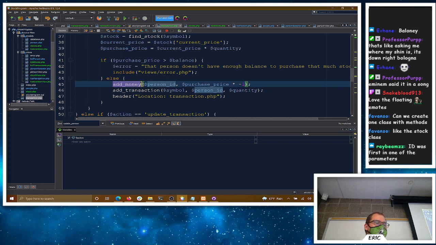Right, I think yeah, so we don't have that add money function anymore. We got rid of it, right? All we have is update person, right? So we're going to create the update the object and then call update and send the object back to the database. So a lot of this is sort of the idea that when we work with the database, it's easier